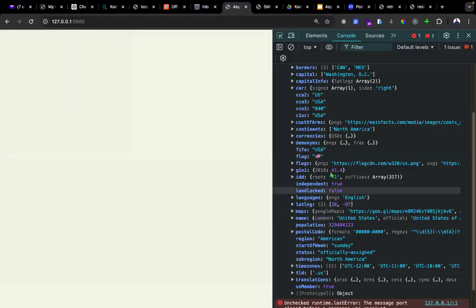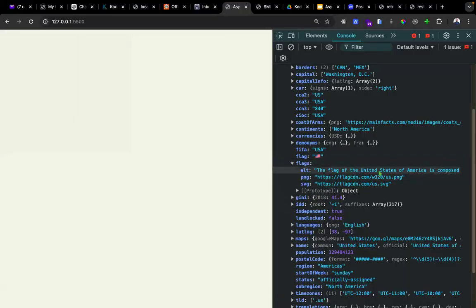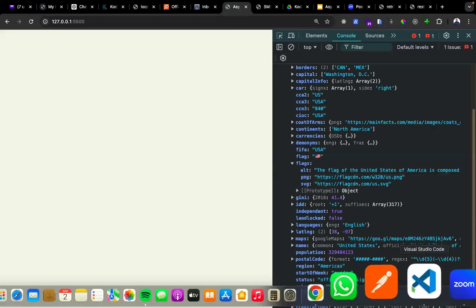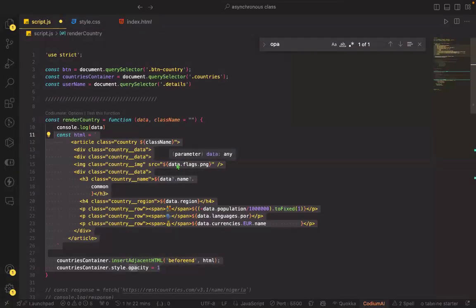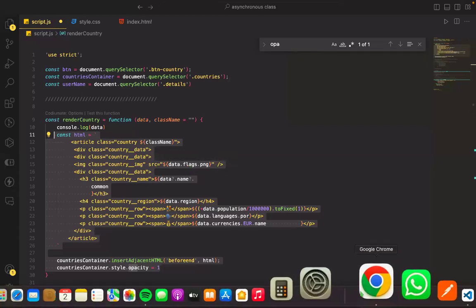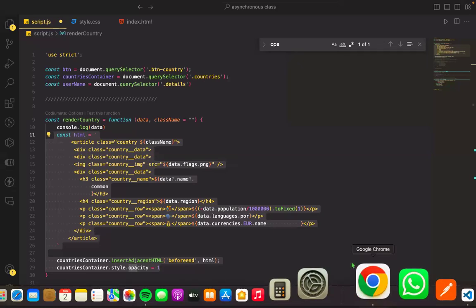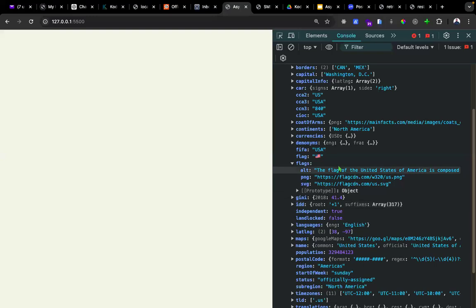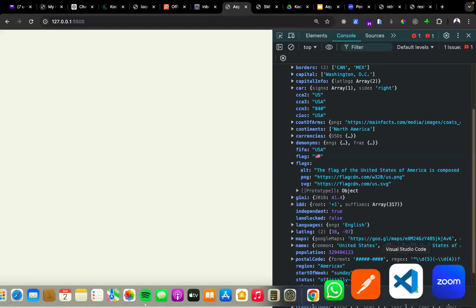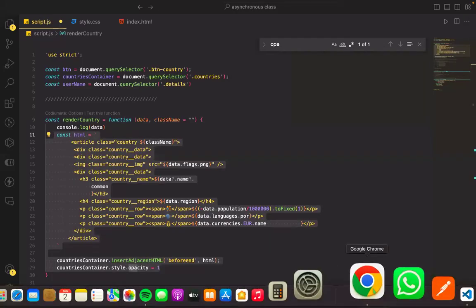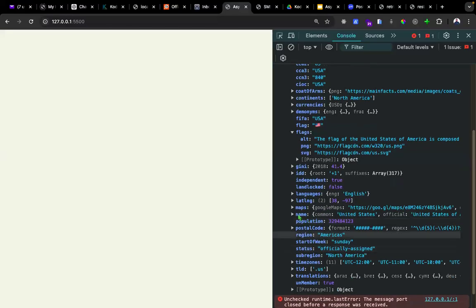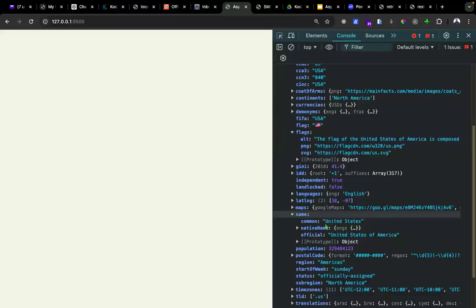So we have data, and we have the country flags.png. If we check right here, we can see that we have an object that contains flag, which we are picking the PNG file that is inside. That is why you can see that I have data.flags.png, which is one. The next one we want to target is the country's name. Where is it? We have countries.data.name. Where is the name? The name is right here. You can see that under the name we have common. That's why we're able to target